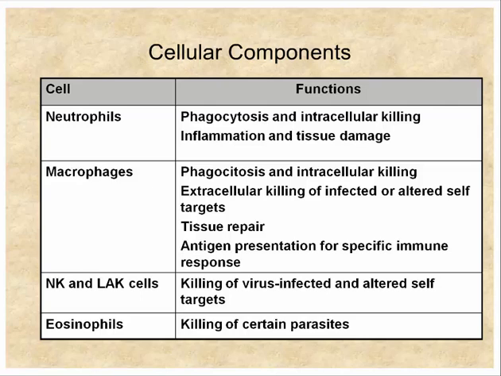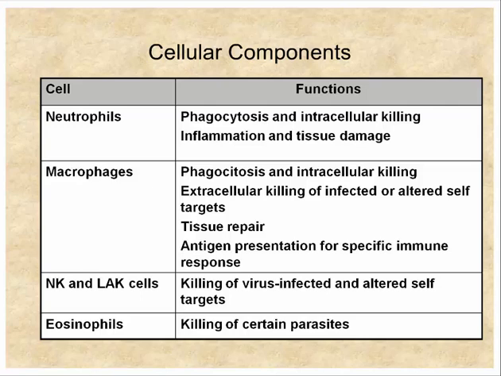And if you remember from yesterday, I mentioned that there's this interaction between the specific and non-specific systems. Macrophages are one of these cells that participate in that interchange because they actually present antigen to the specific system and help develop a specific immune response. So they're going to be involved both in the innate immune system, but they're also going to be involved in the specific immune system.